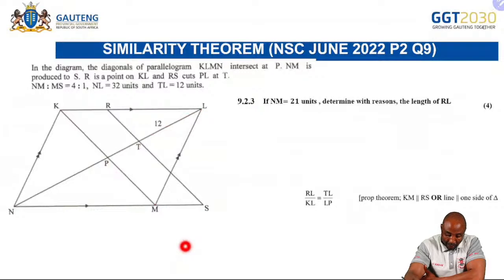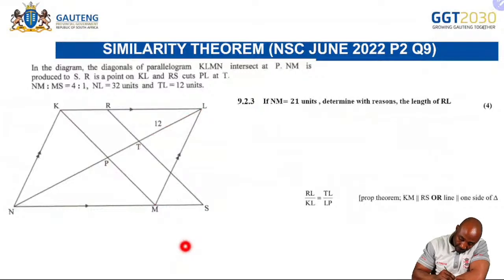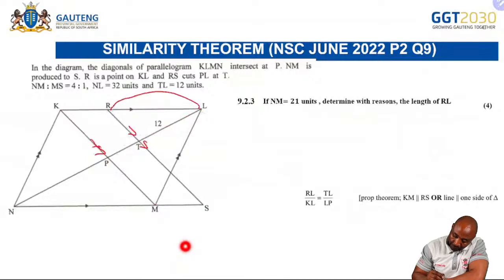We are able to use now the proportionality theorem. We are supposed to find the length of our RL. So RL, we have proven that these are parallel to each other. So we know that. And we are able to get our